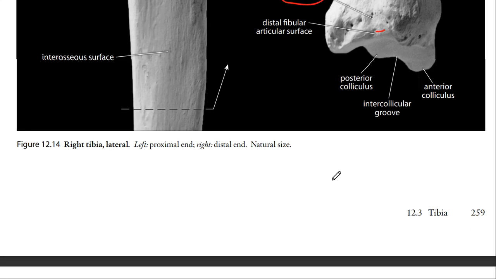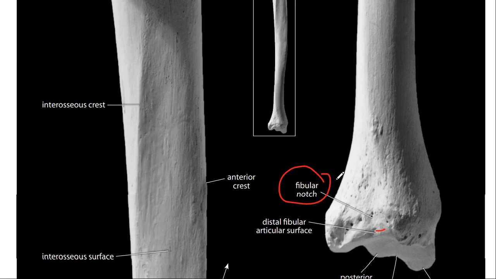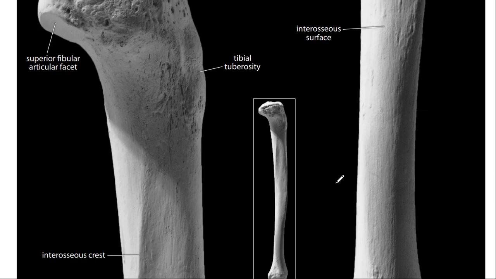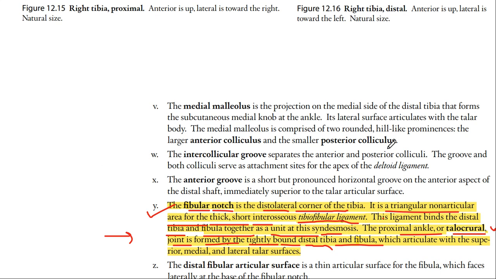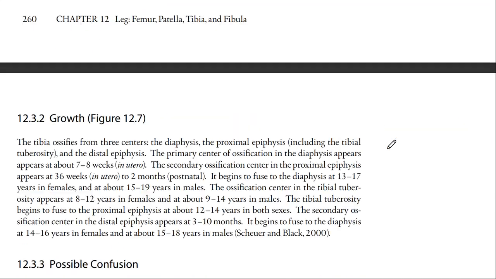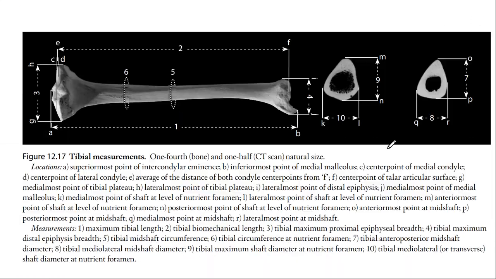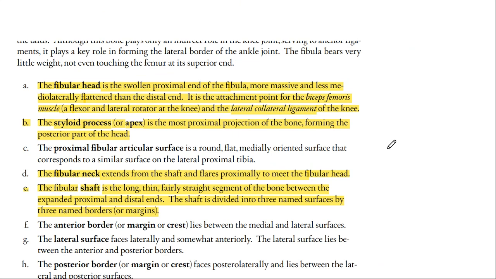So when you see the bottom of the fibula, it looks like it fits in here properly. Okay, so this is how the fibular notch in the tibia looks. Now keep this in mind when we'll be talking about the fibula. How the distal end of the fibula is going to fit into the distal end of the tibia is going to be interesting, right? So this is about the tibia. Next on we'll be taking the fibula.